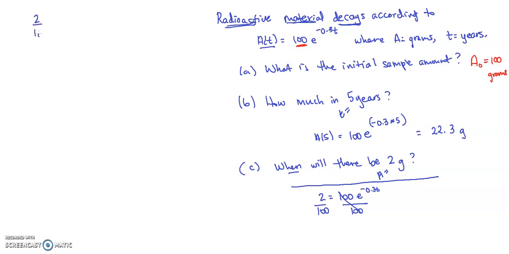We've got 2 over 100 equals e to the minus 0.3 t. And then we're going to take a natural log, because we want to do the opposite of e. That's the only way to get t out of the exponent. The opposite would be to take a natural log. Ln and e cancel. So we have ln of 2 over 100 on the left side,